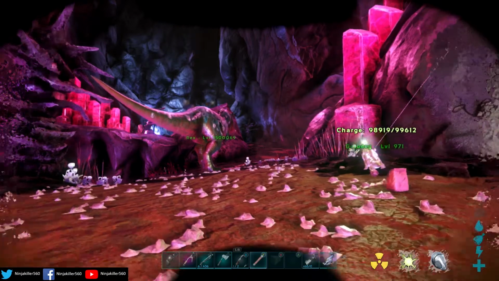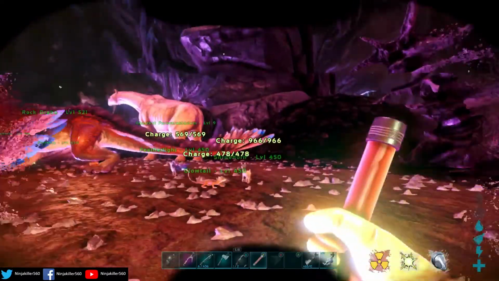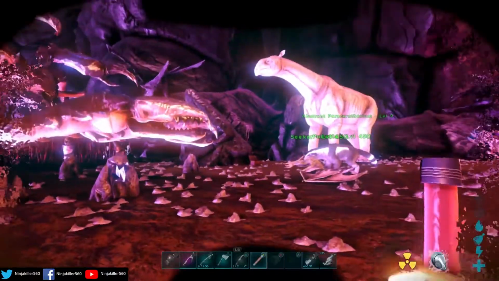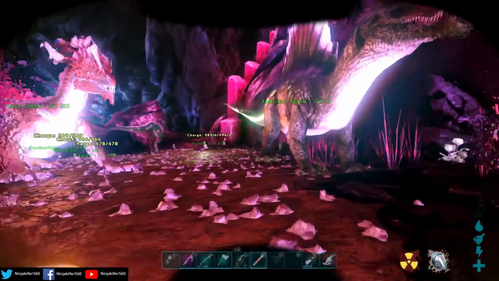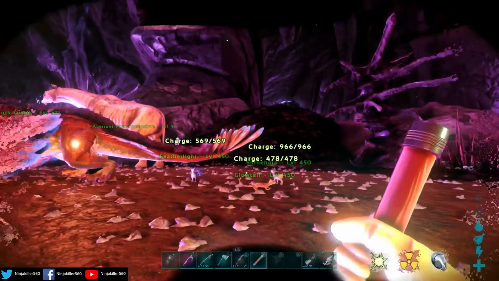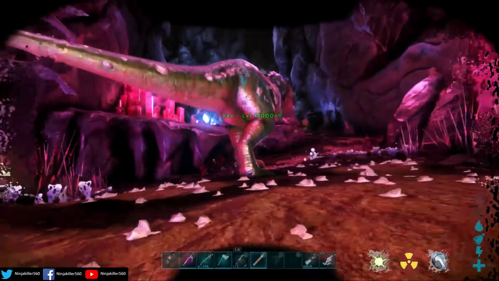Now, next thing as well, if you don't have any of these dinos, because out of all the dinos in Aberration, I spawned them all in, these are the only ones that I was able to get to stay alive. Now, if you, by chance, for example, don't have any of these dinos, and you really need a dino to come with you,